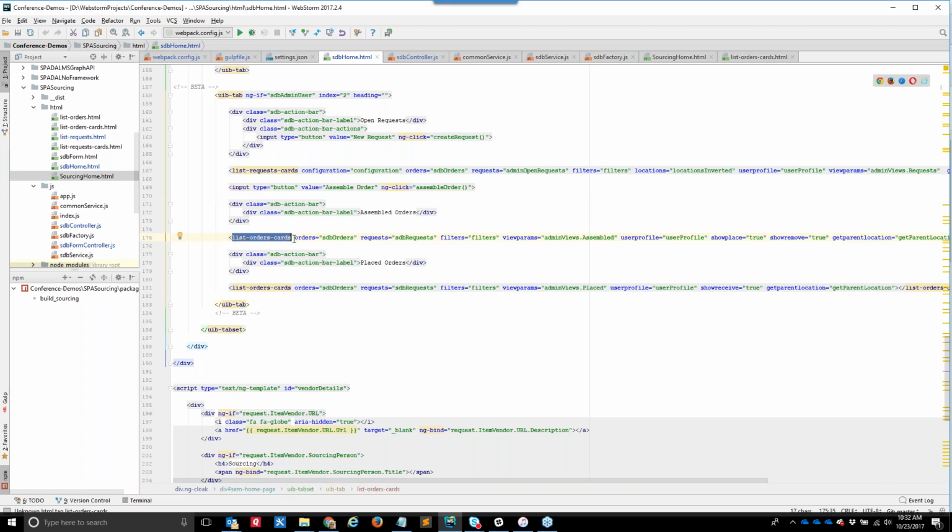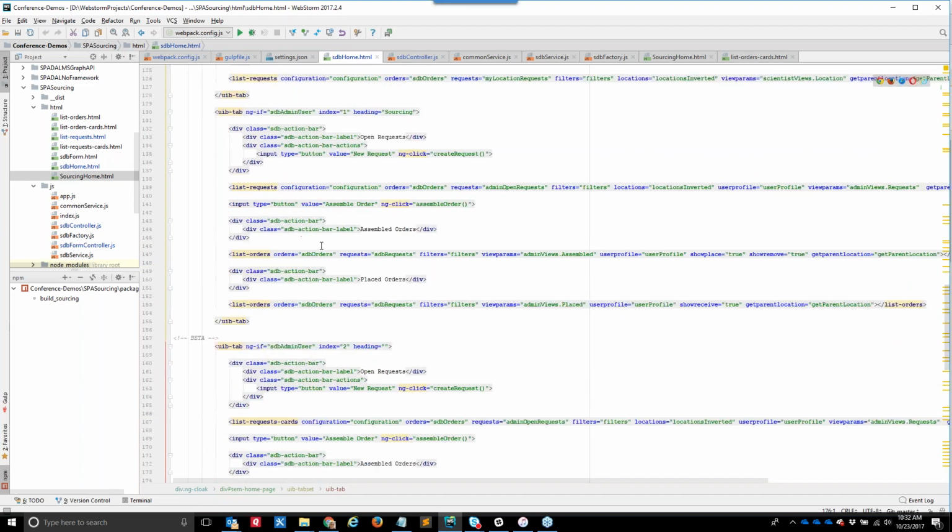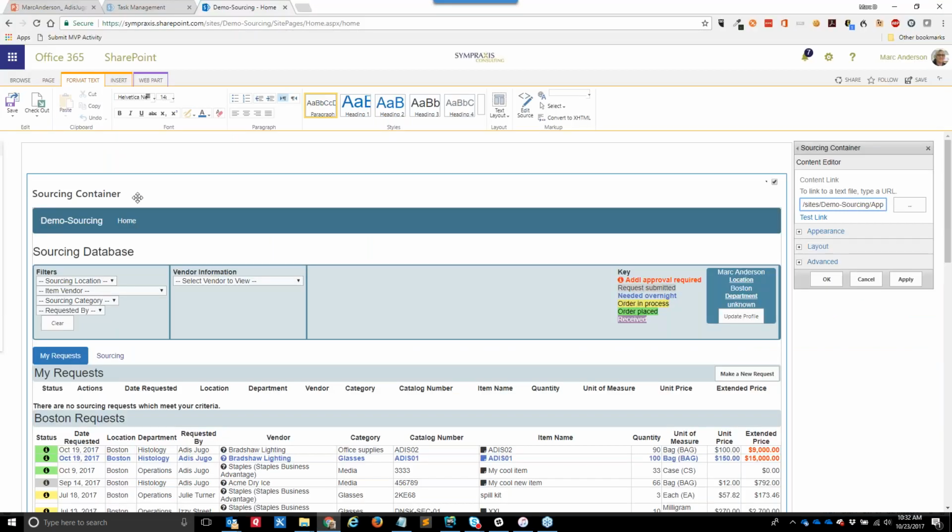I've built Angular controls that actually display a list of cards, a list of requests, or a list of orders. And within each of those, there's functionality that makes them do what they want to do.